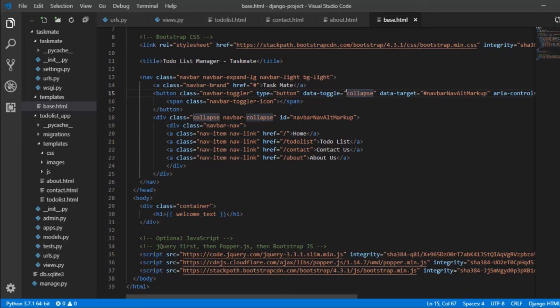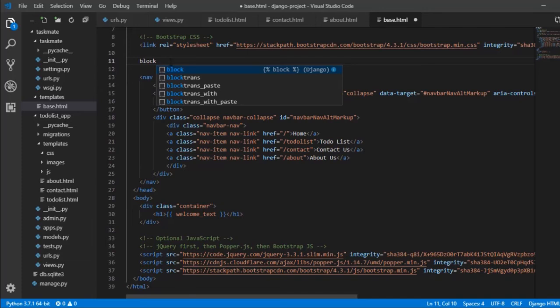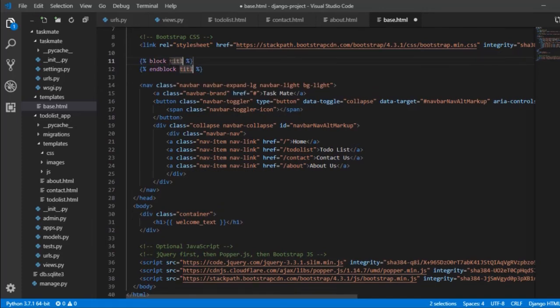So here, whenever you have something unique or something different from your common file, you can replace this with Jinja. So just delete this, because the title will be different for all the pages. You just need to delete it from the base file because it is not common. And here you need to add a Jinja block. So what is a Jinja block? I would be using a block called title. Just give it the name title.